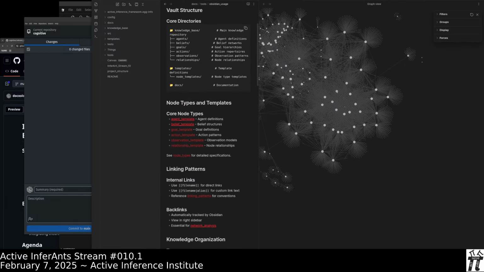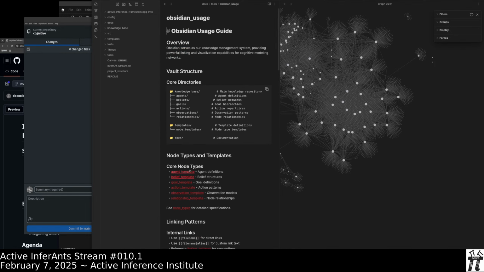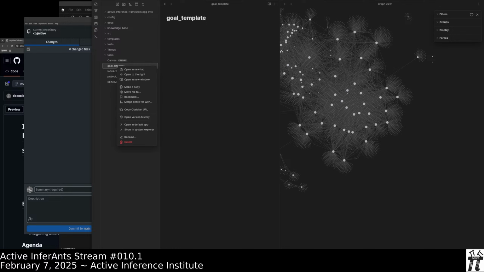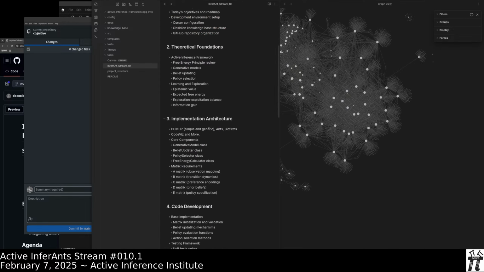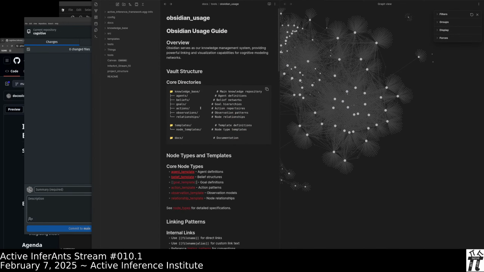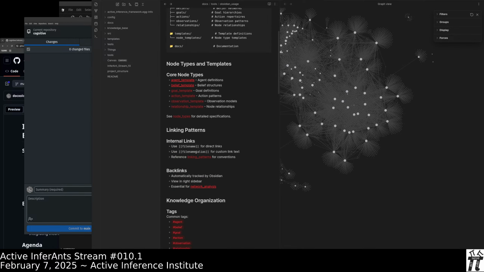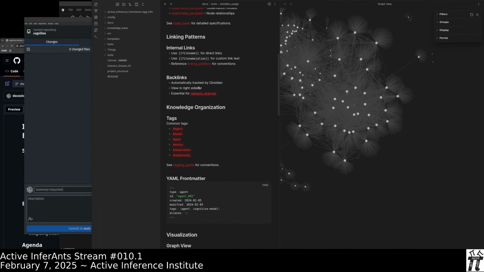We head over to this article. And there's going to be links in the article. The ones that are brightened are the ones where there is a page, and the ones that are dim, there's no page yet. And so if we click on that, it makes that page at the top level of the repo. So we don't need that at this point, but let's look a little bit at Obsidian usage. And this is a markdown format. Everything is these plain text markdown files. Okay, so file names link directly. File name, vertical line, alias uses custom text if you want it to say something different than the file name.